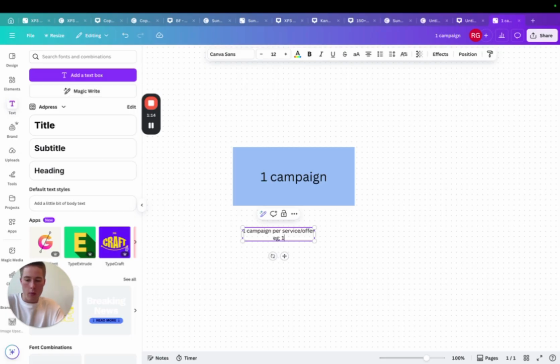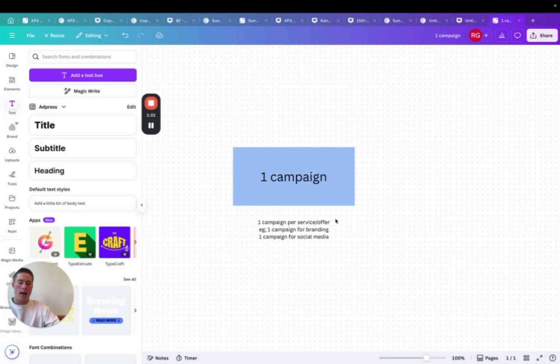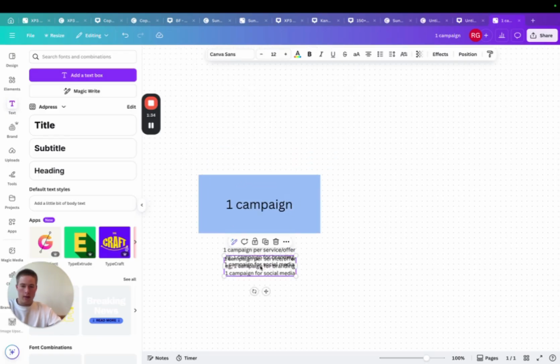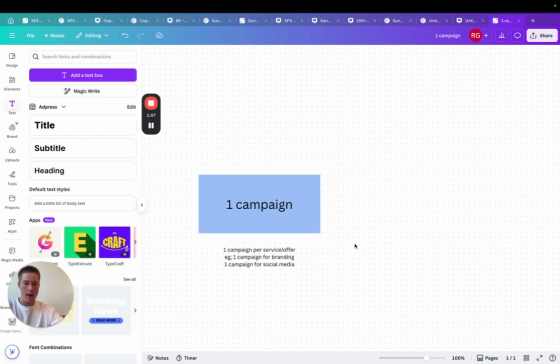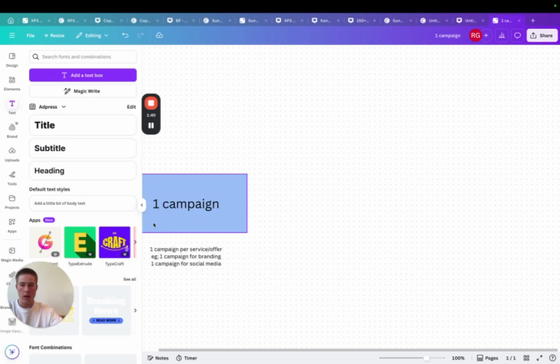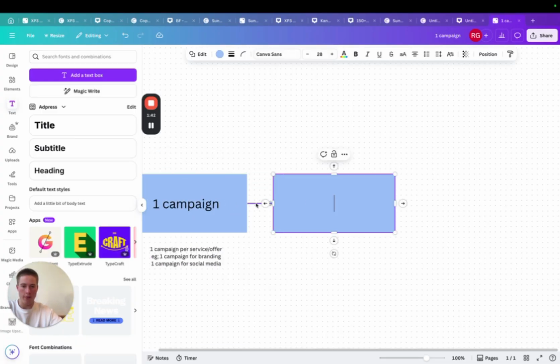So you might have one campaign for branding. So you're having one campaign for each service or offer. Yeah. And then within your campaign, you're going to have